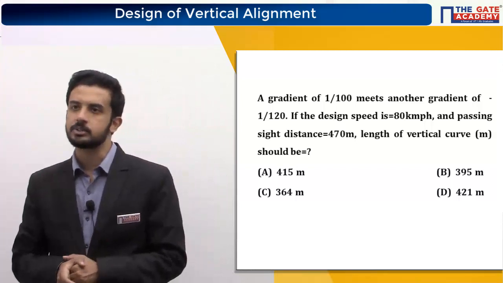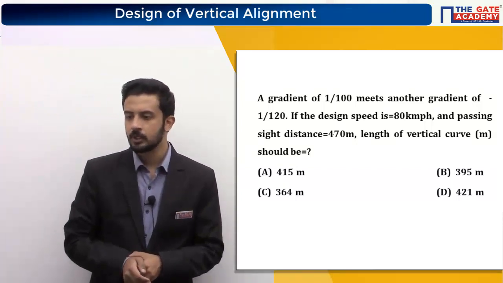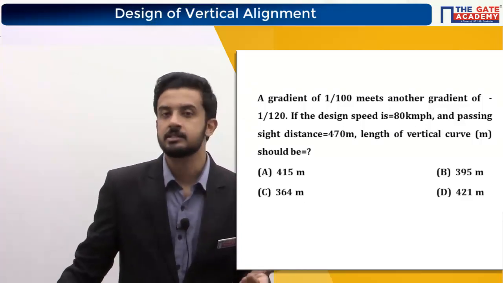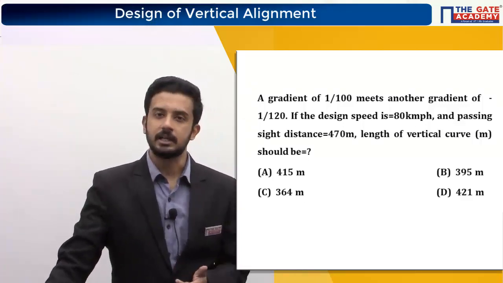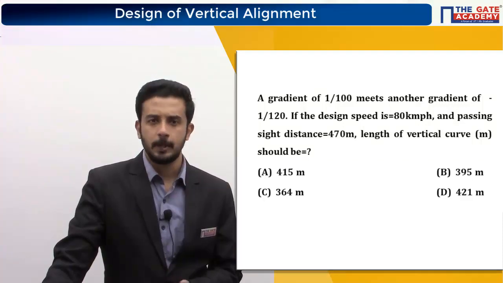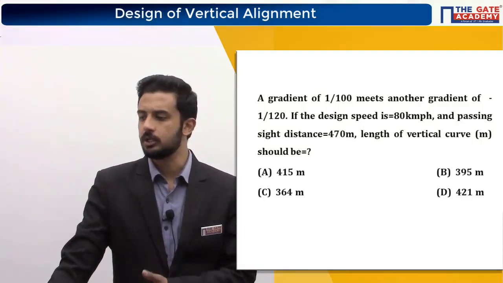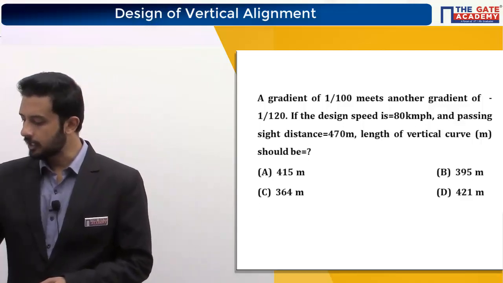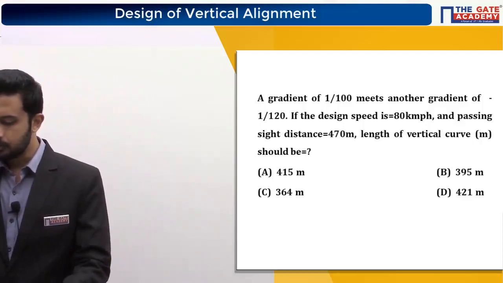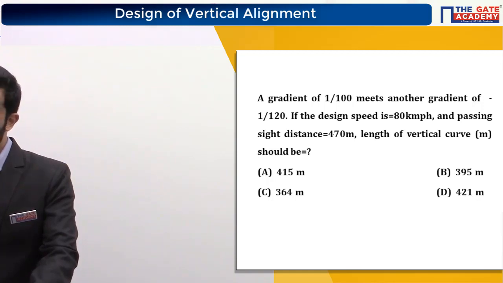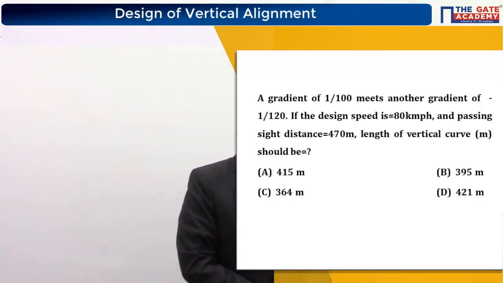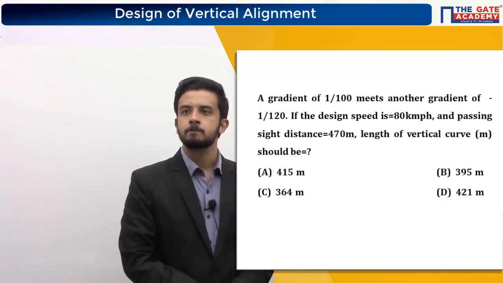This word they have used once in the IAS examination. So passing sight distance is OSD, non-passing sight distance is stopping sight distance. So just note those words also. In case they are asking such words, don't get confused. So we have to use the overtaking sight distance equation in this case. They have not given any value of capital H, which means capital H is equal to 1.2 meter, right?